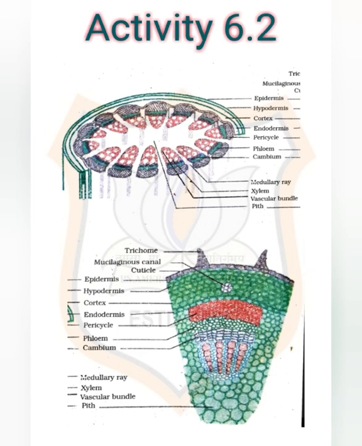Then, can we think of reasons why there would be so many types of cells? Each type of cell performs different functions, and hence there are different types of cells. Cells performing similar functions form a group, and the development and growth of the plant is dependent on these cells, and hence there are different types of cells. So this is the reason, and this is activity 6.2.